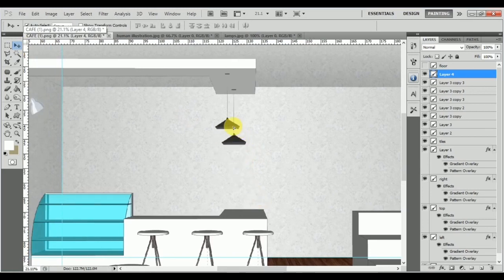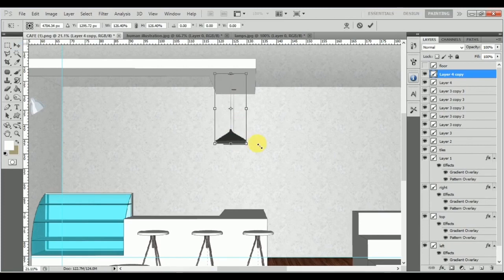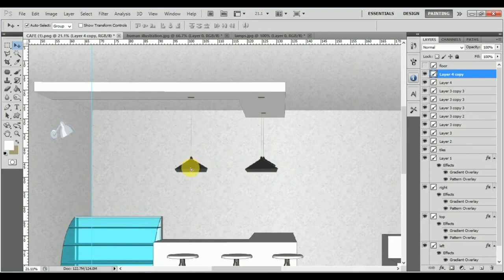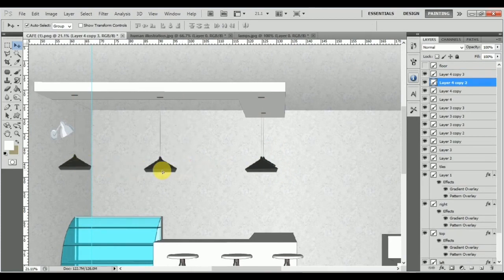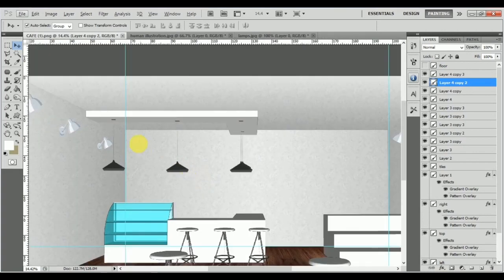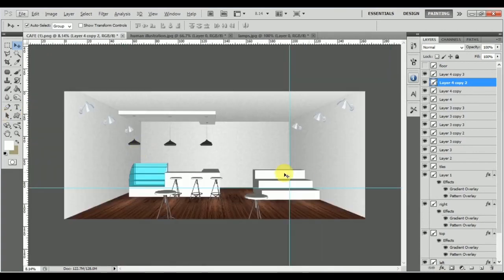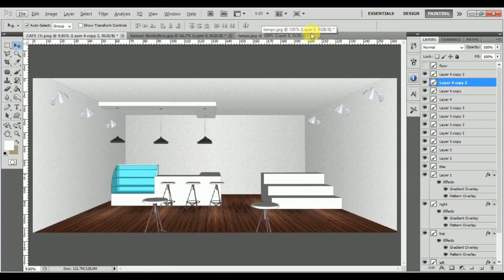I can bring this in front, Control T, scale this up a little bit. And I can copy this on the side, again on the side, and you can see how I've placed these different objects over here just to liven up the entire place. We can just move these guidelines away as such. Once this much is done, guys, I can close the lamps over here,